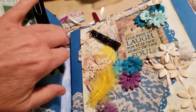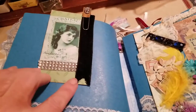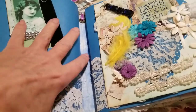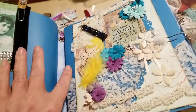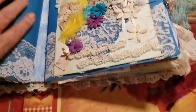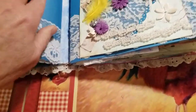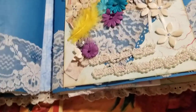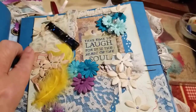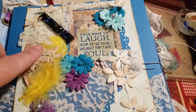And then on this side I have a pretty picture of a girl and lots of lace, and that is the end of my first signature. And then this is my second one, and this is a, let's see, no, that was the end of my second signature. This is the start of my third, and I have a collage of things here, some butterfly lace, little flowers,